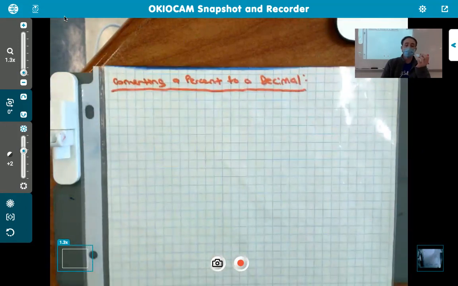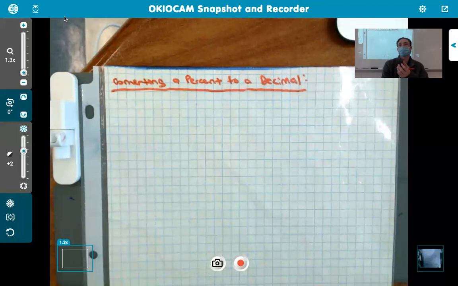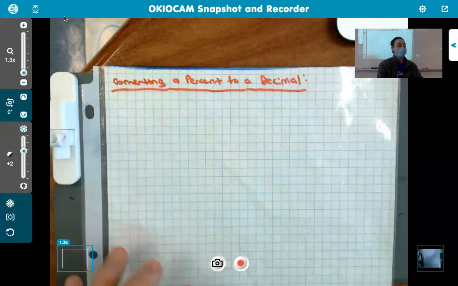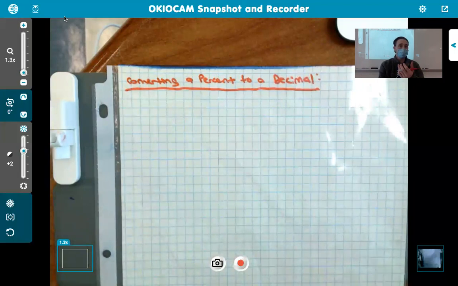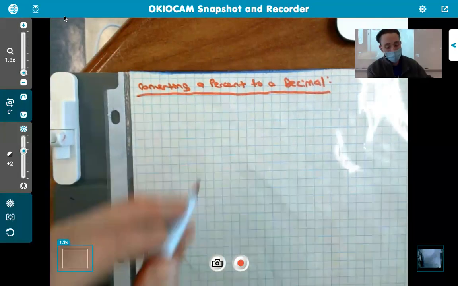So hopefully we know, or need to understand, a percent is always out of 100, right? Think about grades that you get, right? It's always the highest grade that you can get, 100%. So anytime that we're talking about percents, they are out of 100, which means that our fractions are always out of 100. Our decimals go to the hundredths place, okay? So if you want to make a note of that,